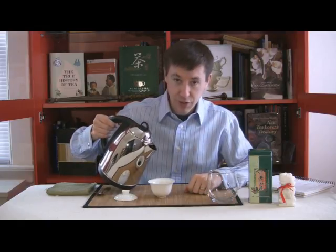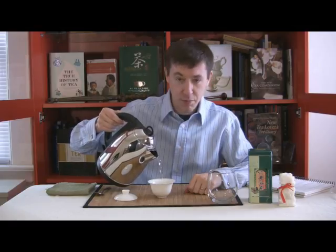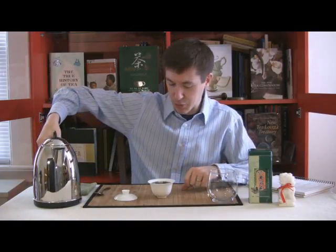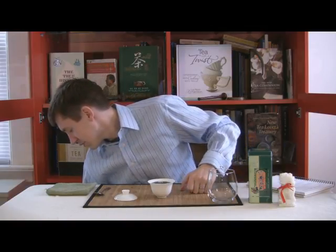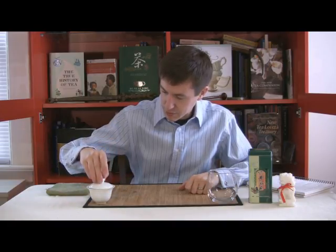An electric tea kettle is a very handy thing to have. The other useful item would be a water boiler, which allows you to boil your water and then hold it at those set temperatures. Let's get this out of the way, and let's get the lid on this. So let's set this over to the side and let that steep for a while as we talk about this